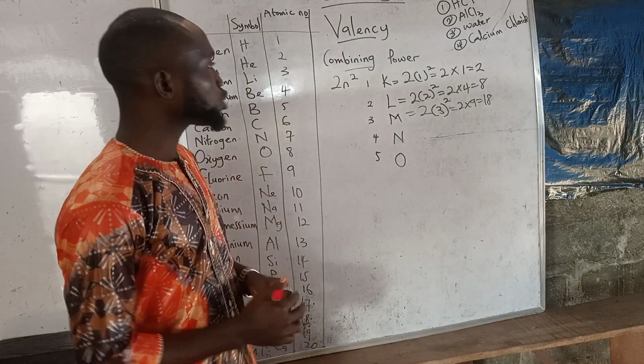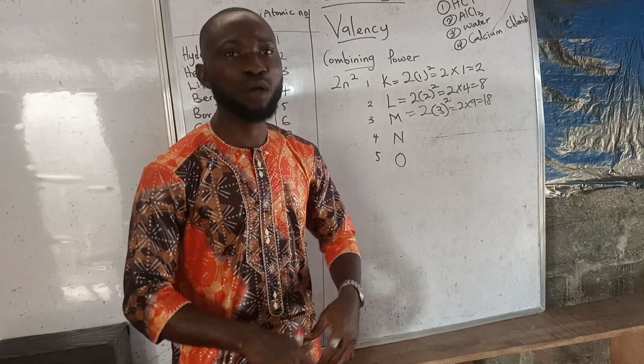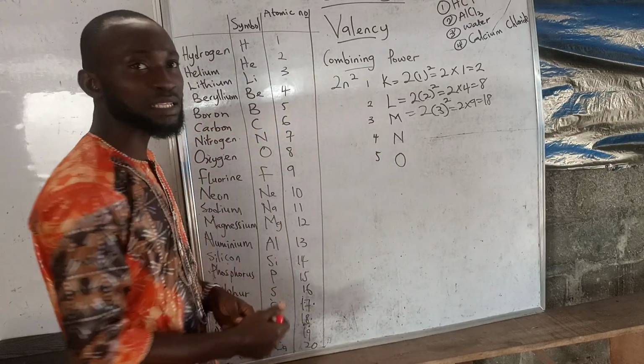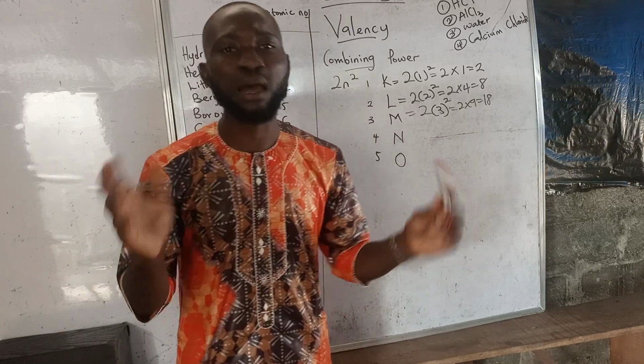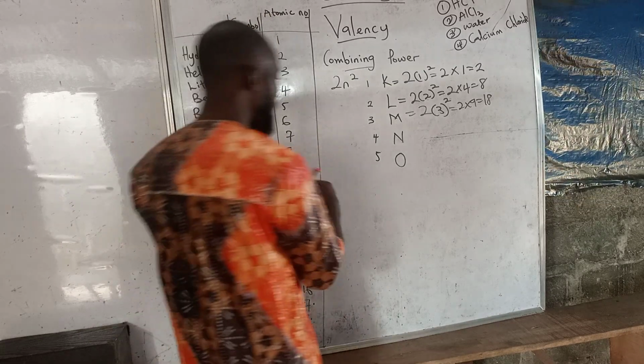So, if you want to combine elements together, you need the knowledge of valency. And how do you know the valency? Now, the valency of every one of these elements is determined by their outermost electron. What do we call the outermost electron? I will give you an example and I will use it to explain. For example,